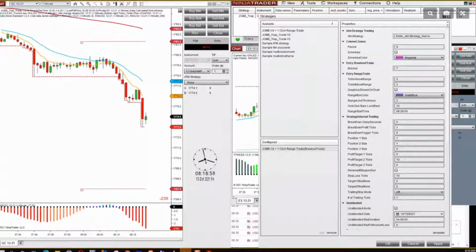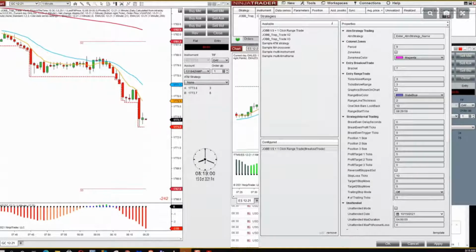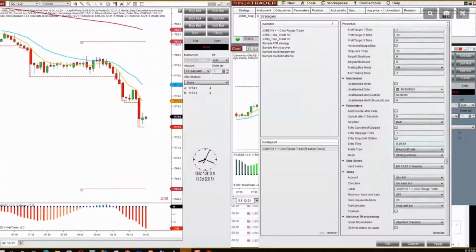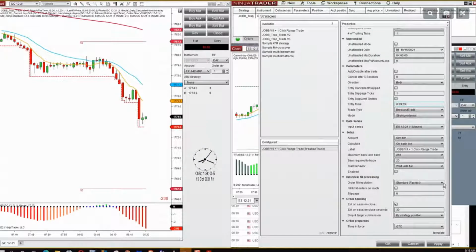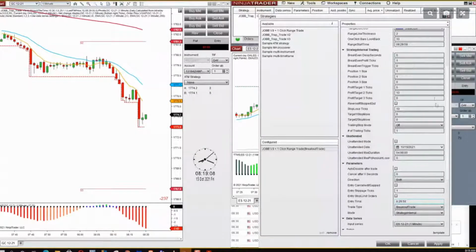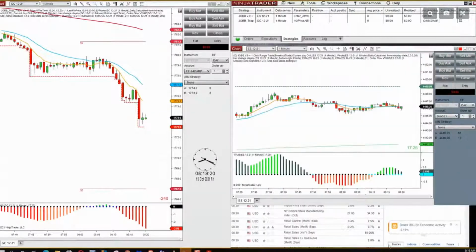I just haven't liked the trade. It just hasn't been reliable, in my opinion. So I'm leaving it on sim. 1 contract for 5 ticks, 1 contract for 10, a stop of 10, and an entry of 59. I'm going to say it again and again.